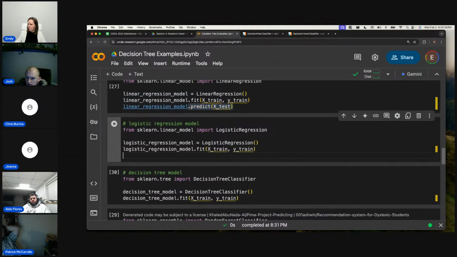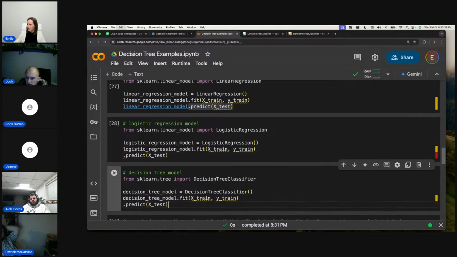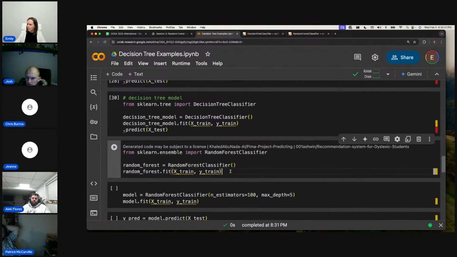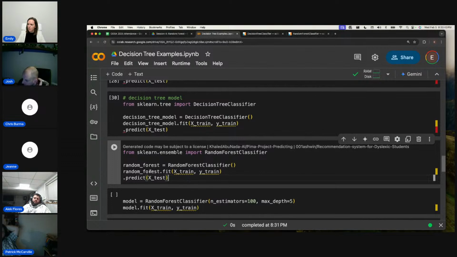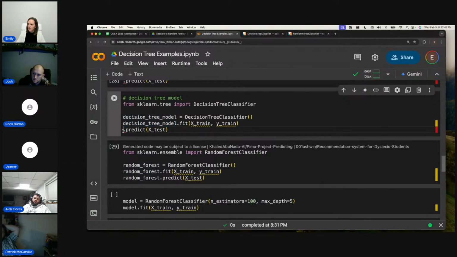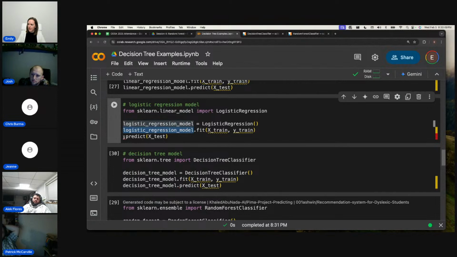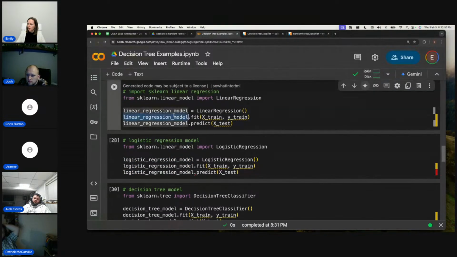This is the same across all of these. No matter which model you are using, it's the same interface, the same pattern. We are instantiating our model by creating a variable name and assigning that model to it after we import it